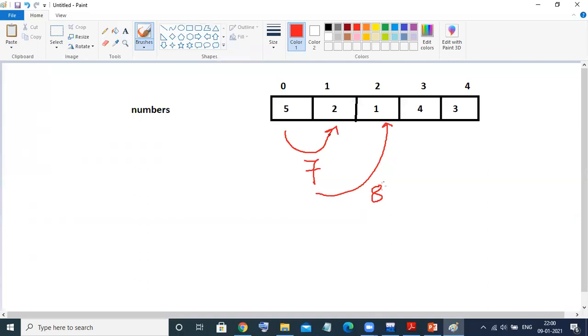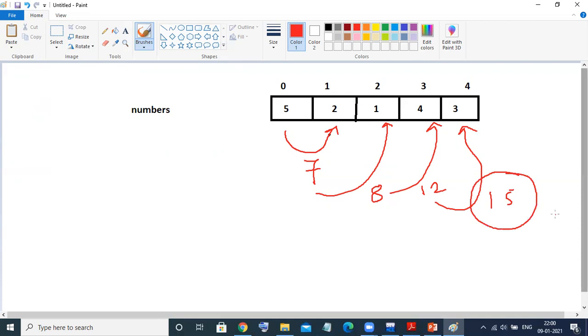Now next time you will add this 8 plus the next number, that is 4. The result will be 12. Again you are storing it in a temporary variable or memory. I'm saying variable intentionally because you need to take some variable here, because you're holding that number as well as adding it to the next digit. Now the result is 15. The loop will be terminated and the final answer will be 15. That is what we are expecting to print finally.